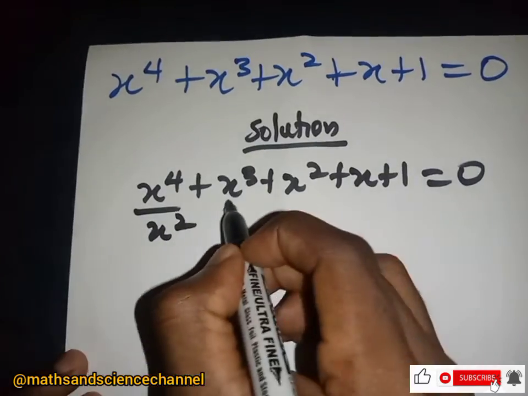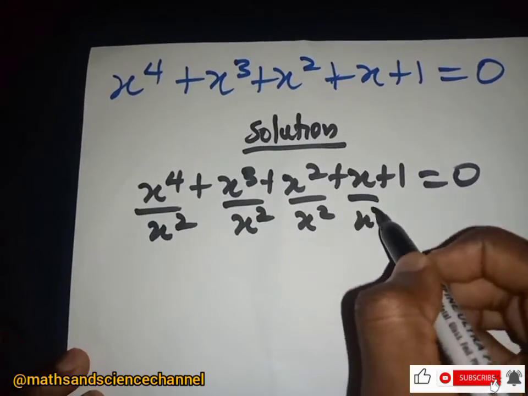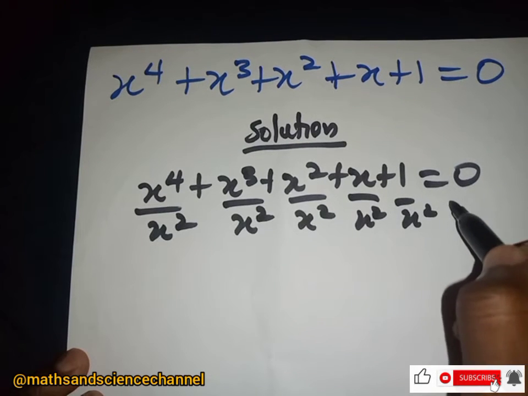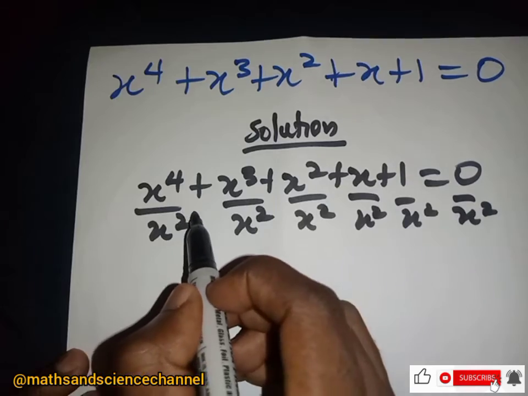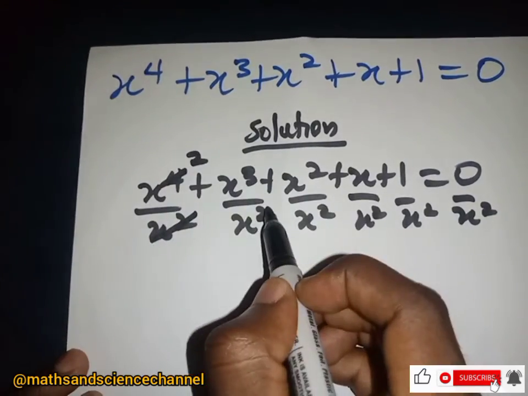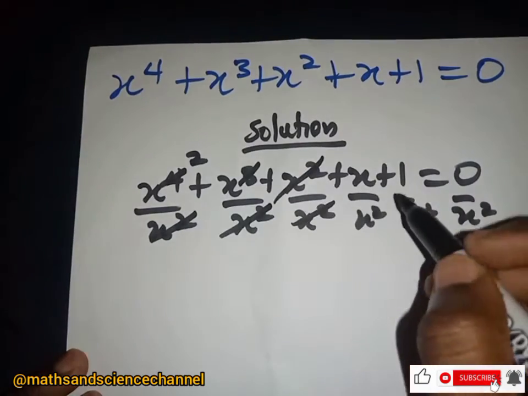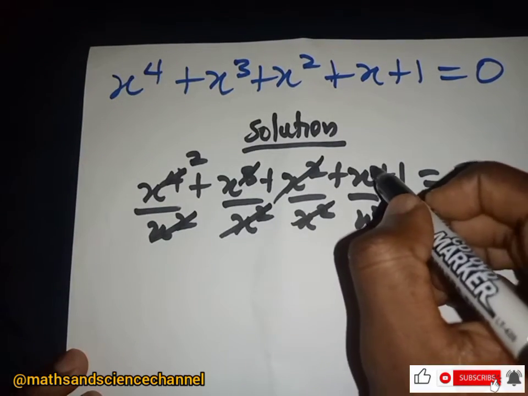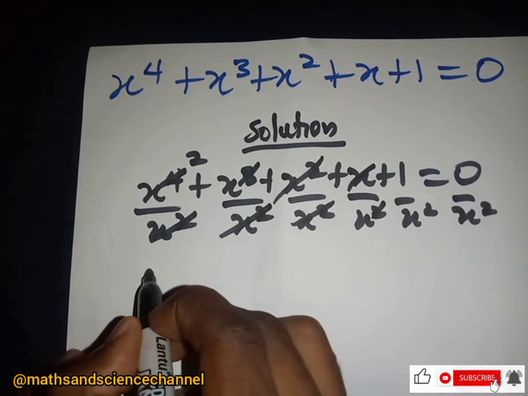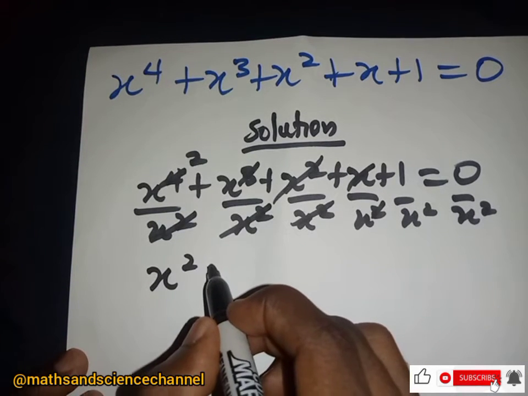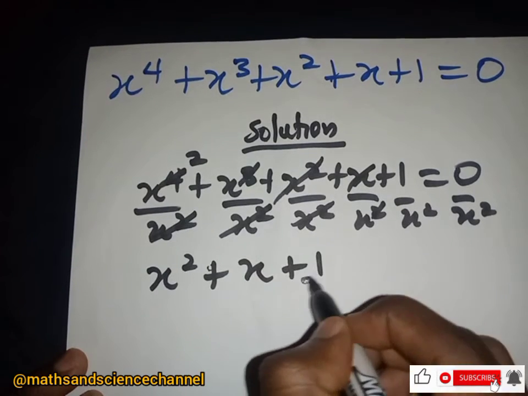We divide every term by x squared. This cancels that, this goes away, and what we are left with is just x squared plus x here plus 1 over x